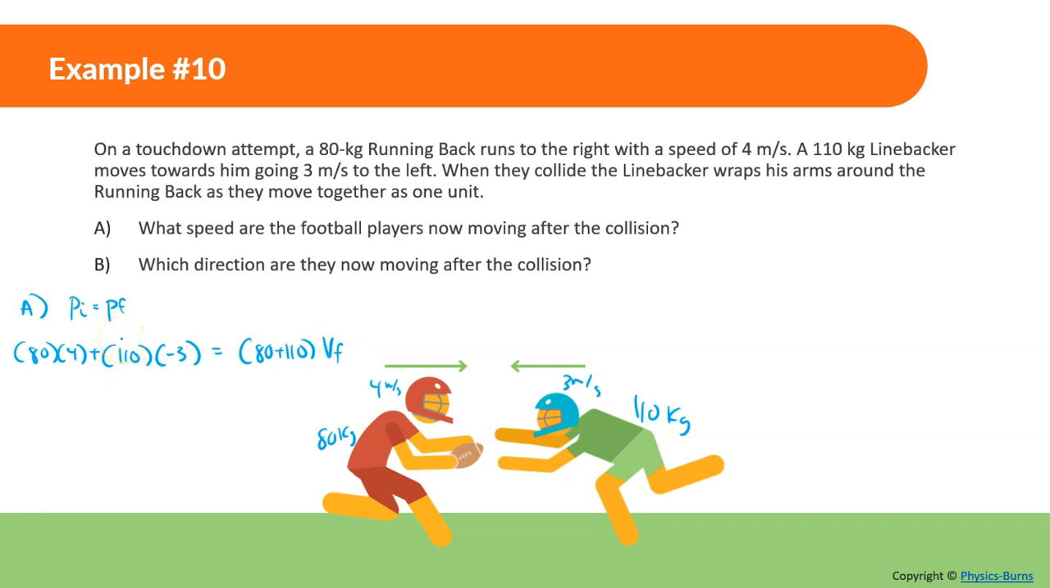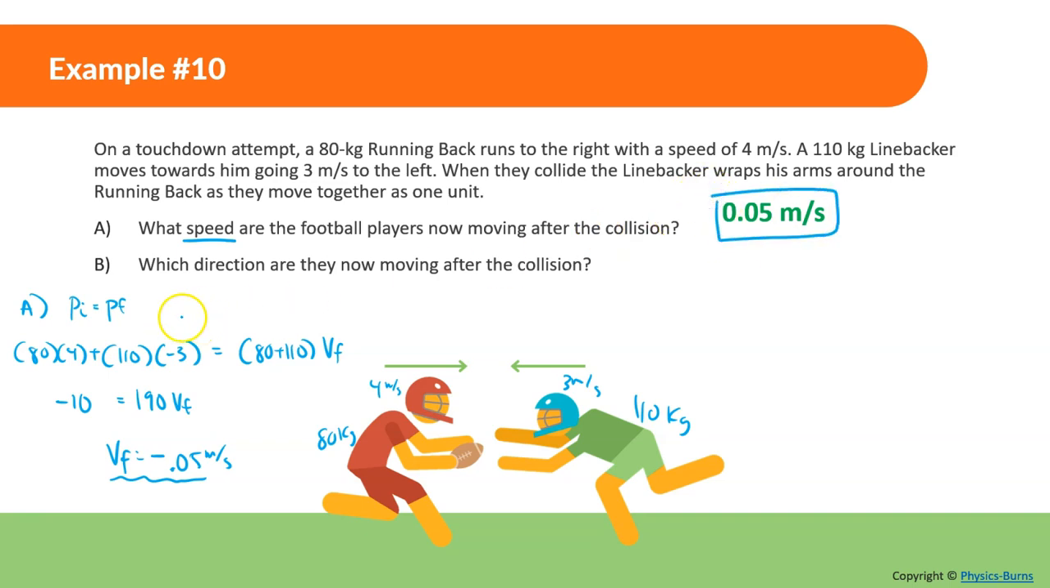So let's simplify this. 80 times 4 plus 110 times negative 3. And we get negative 10 is equal to 190 VF. Okay, so then we get the final velocity divided by 190. And we get negative 0.05 meters per second. However, it's asking for the speed, so speed doesn't include direction, so we can just say 0.05 meters per